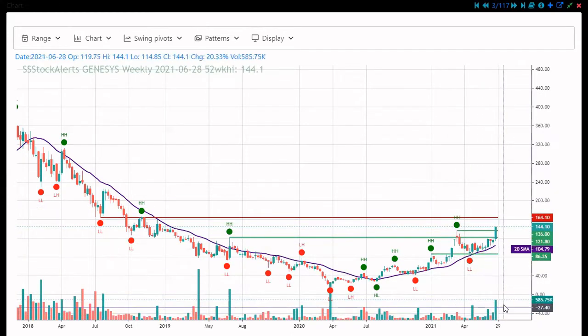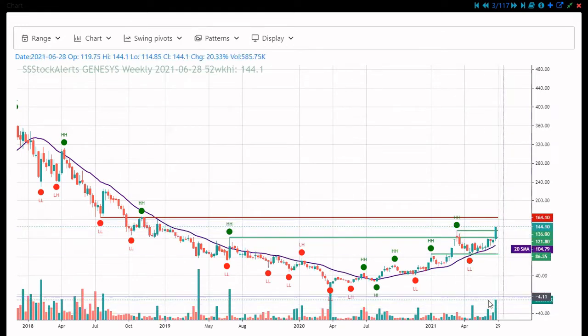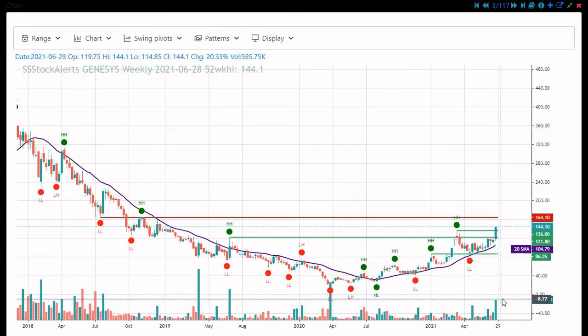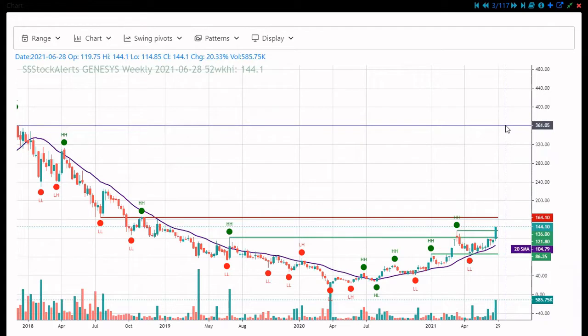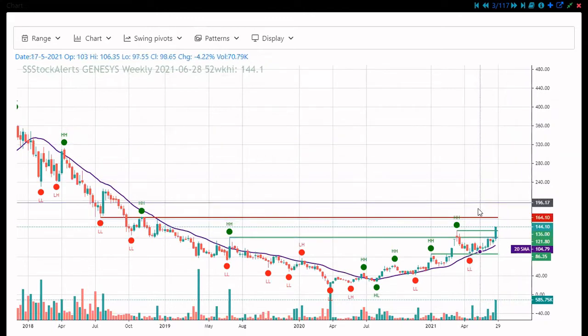The key factor is that it should not have any top wick. First, it does not have any top wick here. Another thing is that it should have the highest volume compared with the next candles. So this is the highest volume, at least from here to here. There is a high chance the stock can reach around 360. It may not happen in one month or one week. You have to give it time.